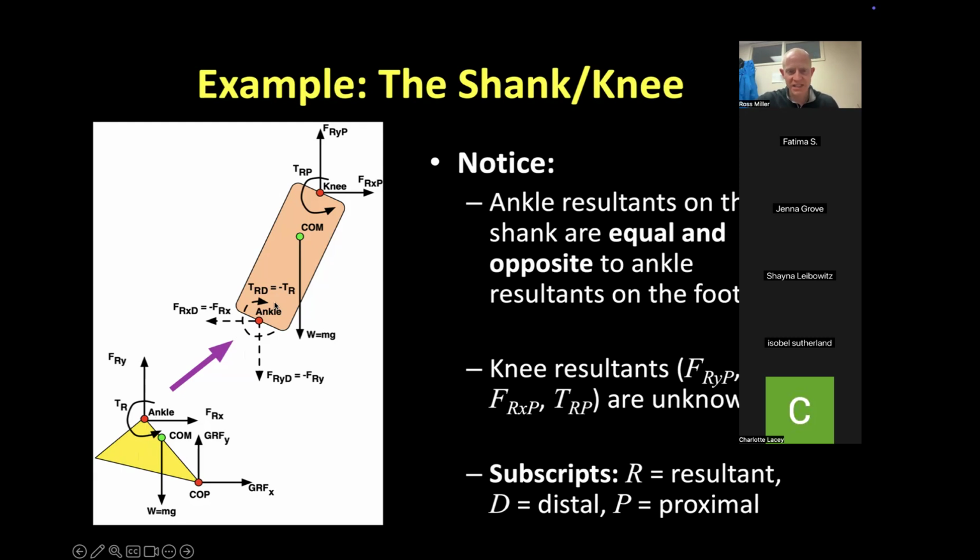Now, when I separate the shank from the ankle here, that introduces some internal forces, the forces and torques inside that joint, and that's this Fry, the resultant vertical force, and Frx, the resultant horizontal force, and then Tr here, the resultant torque. Okay. Most of the lecture for today will be about after we've made those calculations, how do we interpret them? But the way that I kind of like to conceptually think about what these are is like